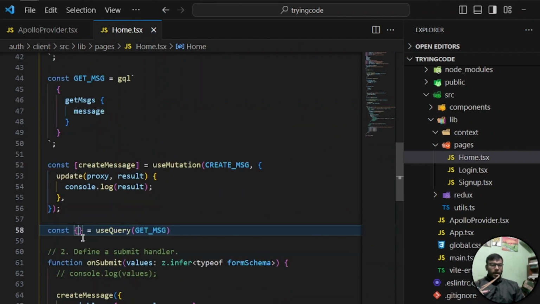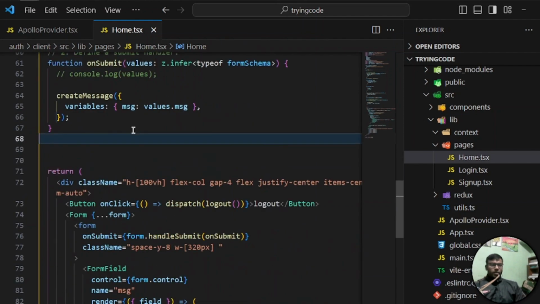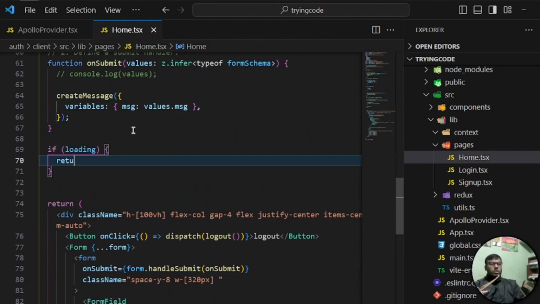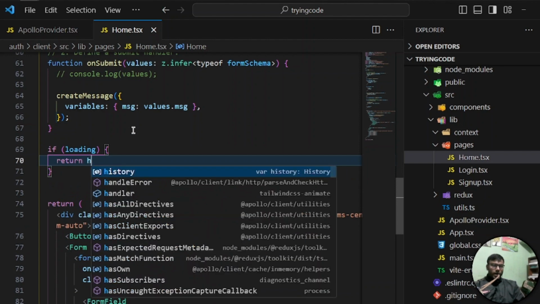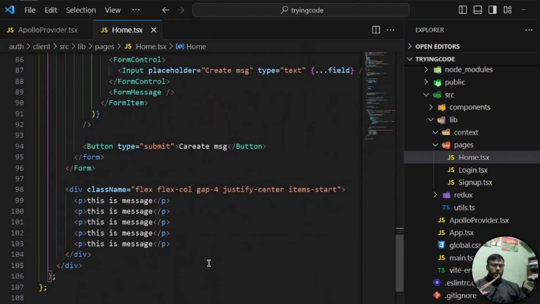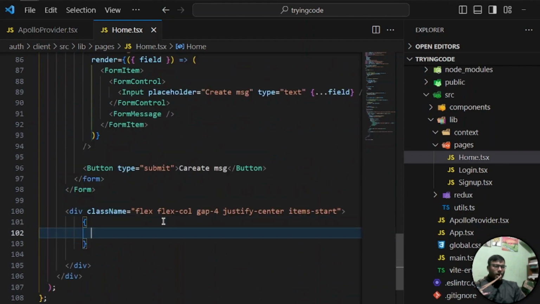Just pass, and from this query you will get two things. The first one is loading and the second one is data. Here you can say if loading, just return an h1 tag, loading. Okay, after doing this, without doing this hard code, just open curly braces and then check if data.getMessage